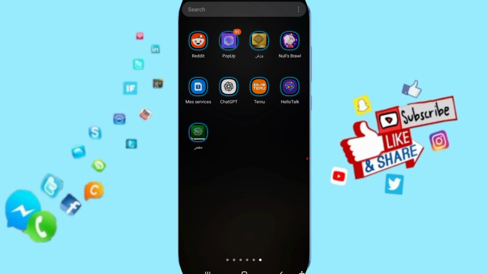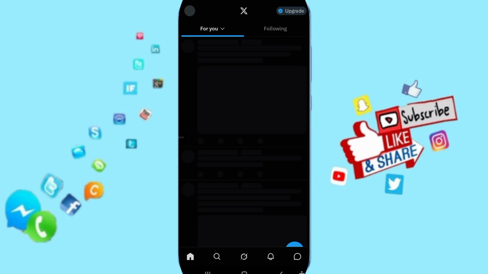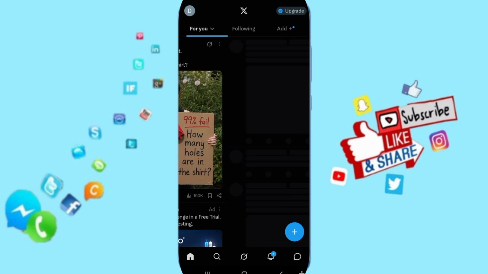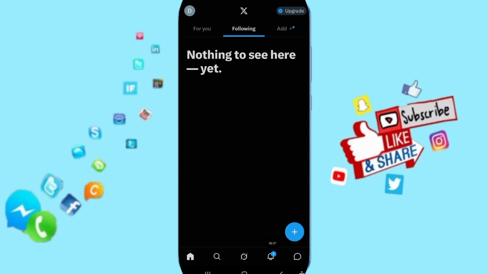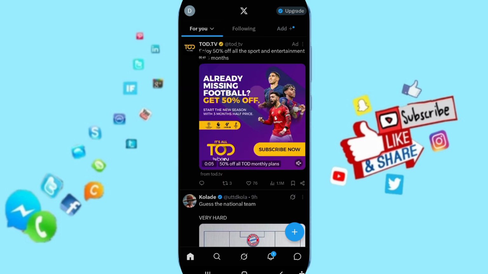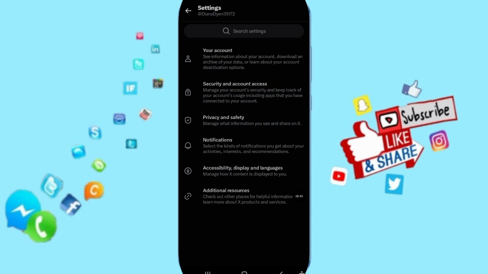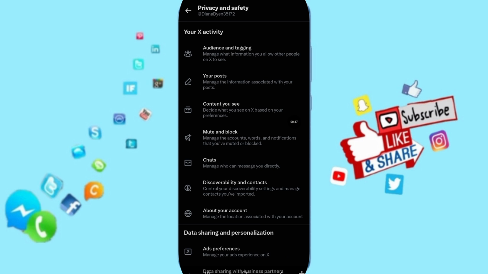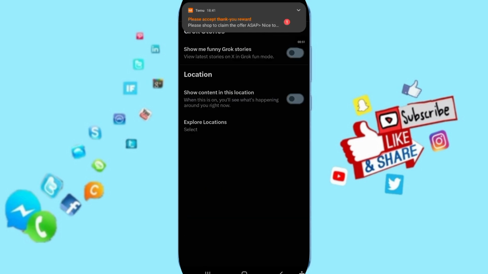The first thing you have to do is to go to X app. In this page, you have to click on this window of profile on above. Then we click on settings and privacy. We move to privacy and safety, and you will click on content you see, then explore settings, and after that